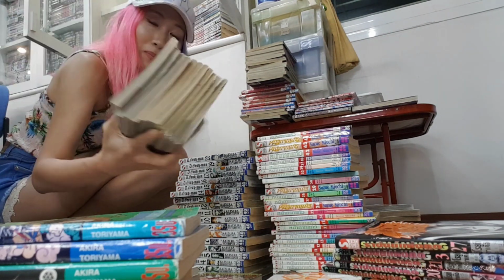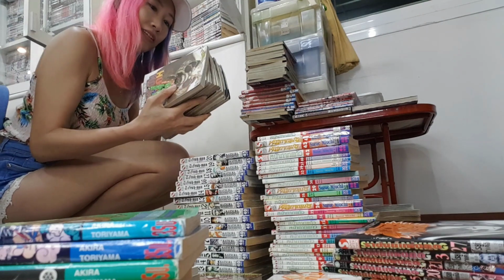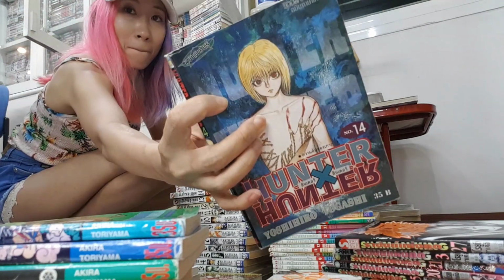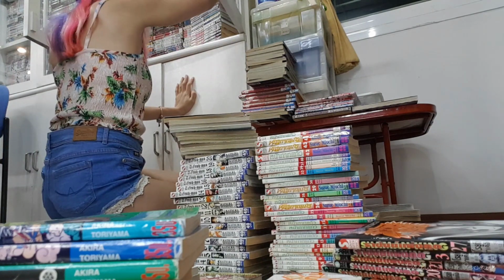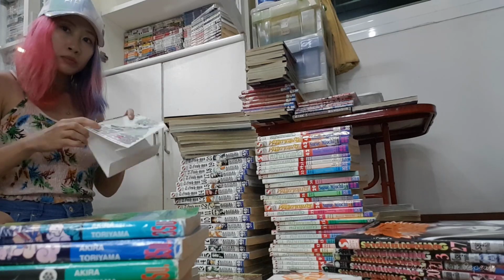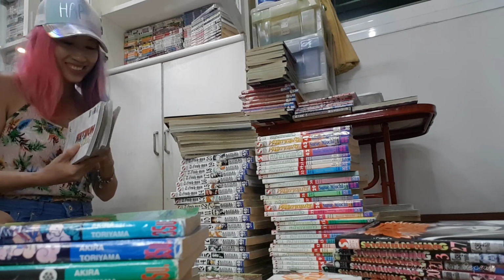Oh my god, it's Hunter x Hunter. It's another one of my absolute favorite. It was so good. Oh my, Kurapika is one of my all-time favorite male characters. Oh god, that was so good. Anyway,